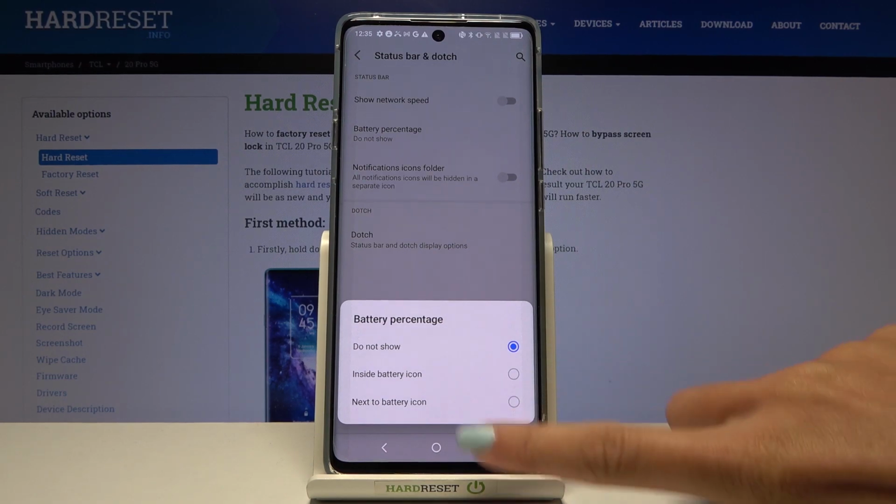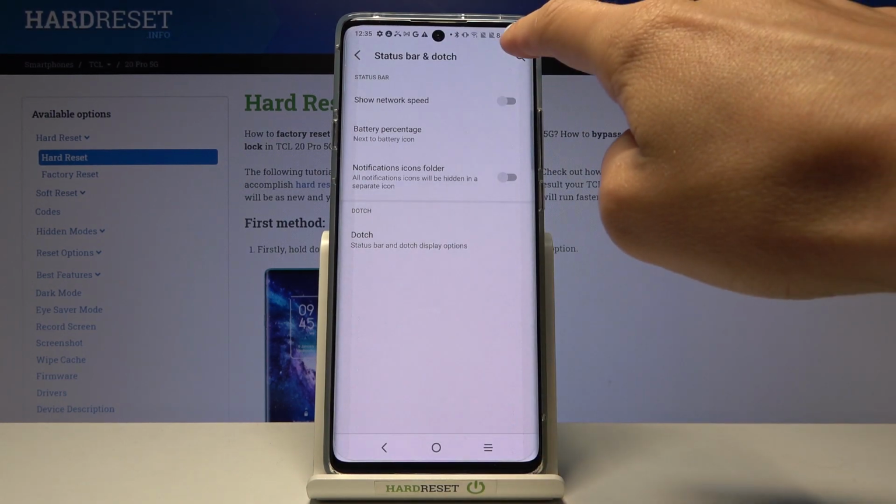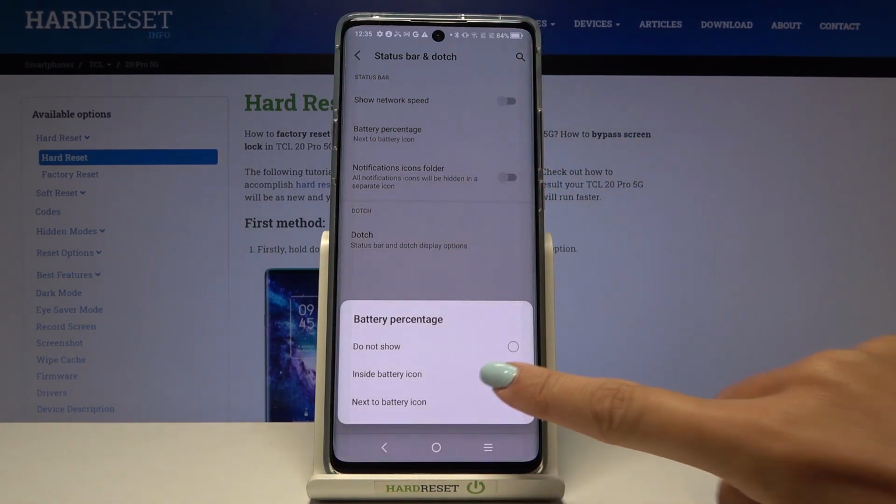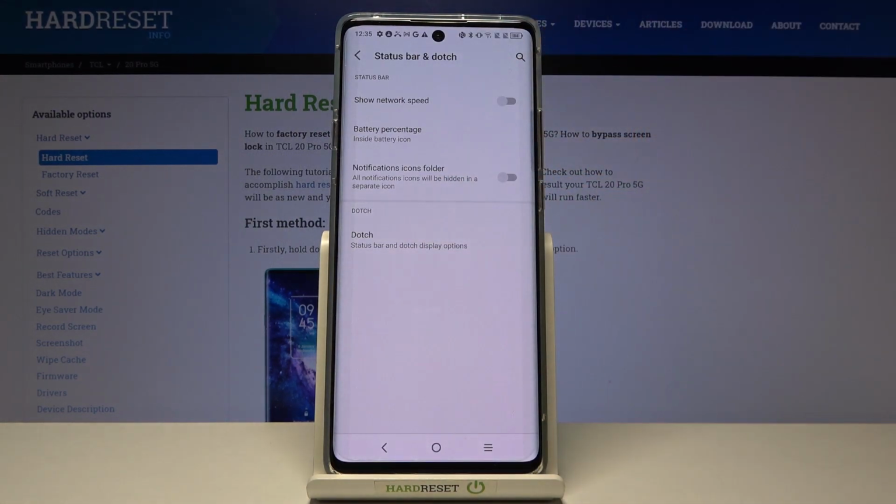the battery icon feature. So as you can see, now it is located right next to the battery icon, and when you pick inside, it's the same as in the beginning, but I will pick this third option, and that's it. This is how you can manage